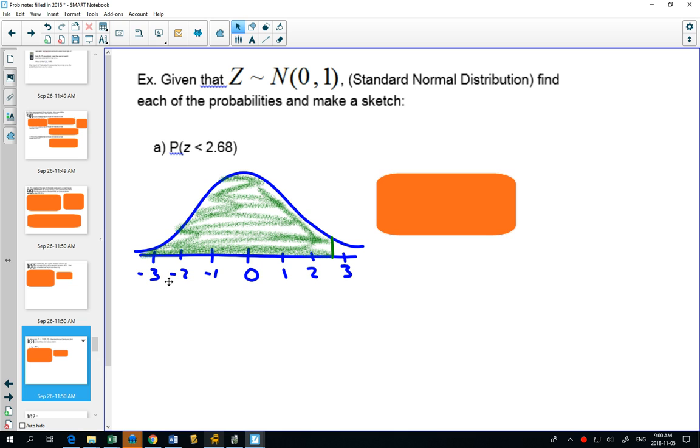If you had to give an estimate using the 68, 95, 99.7 rule, what percentage do you think that would be? Quite a bit. High 90s. Okay, so we can go to our calculator,